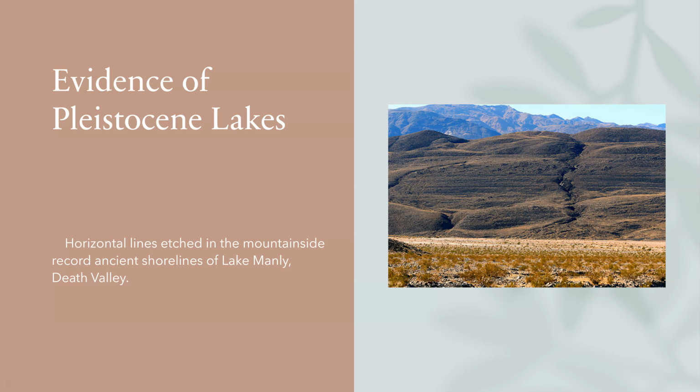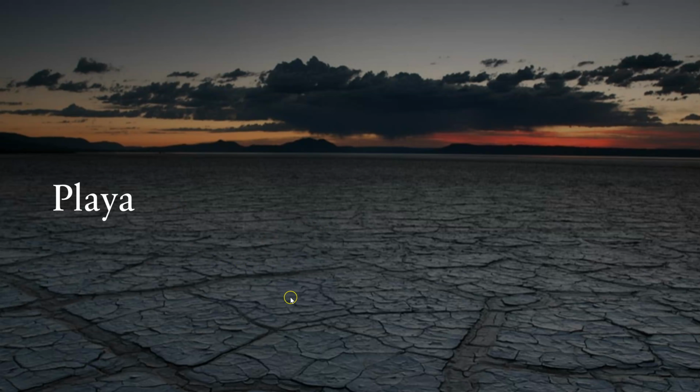So like the San Luis Reservoir, just west of Los Banos, when you're driving down 152, that reservoir has actually lost quite a bit of water recently, and you can see kind of the delineation lines of where the water levels used to be. I mean, we can see that in these mountain ranges as well. So these are ancient shorelines of Lake Manly in Death Valley. And so as these lakes have dried up, we oftentimes see mud cracks. So we briefly talked about these, but the quick evaporation of water from the surface creates these mud cracks here that you can see, and these can be preserved in rock as well.